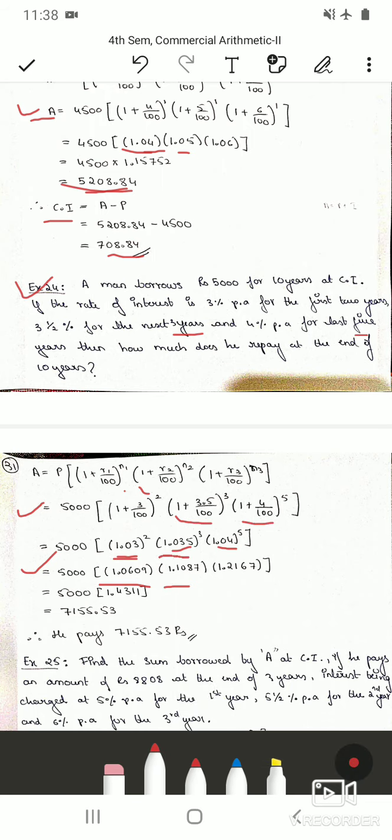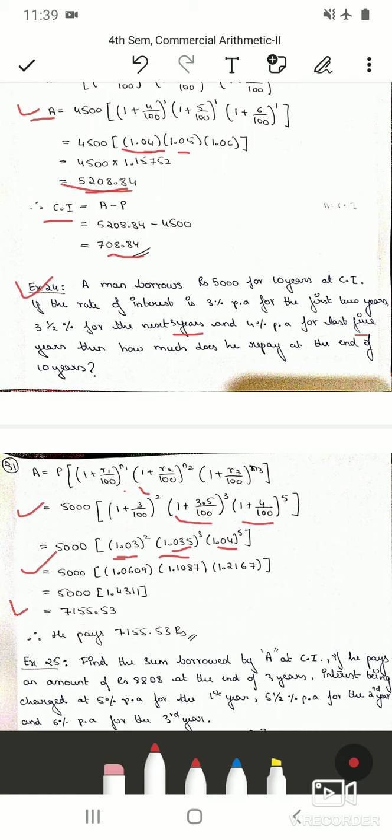So first type 1.035, then press the into symbol and then the equal to symbol 2 times. You will get directly the answer 1.1087. No need to type 1.035 3 times. Type once, then press the into symbol and then the equal to sign 2 times. So you will get the answer. So for this, type 1.04, then press into and then press the equal to symbol 4 times. You will get 1.04 whole raised to 5 as 1.2167, and then multiply all these. You will get the answer as